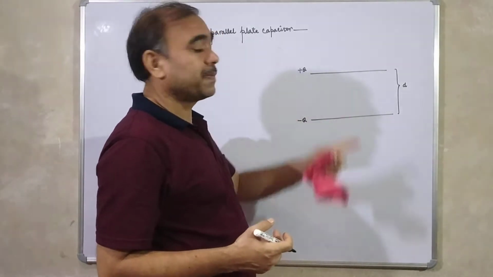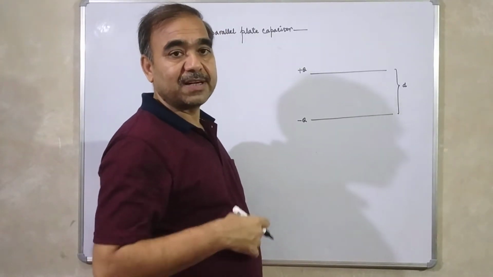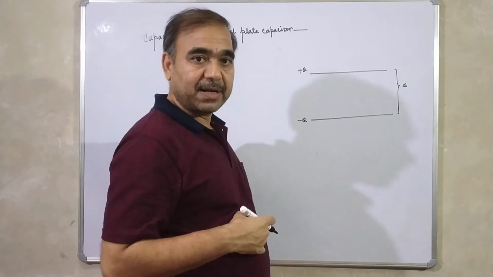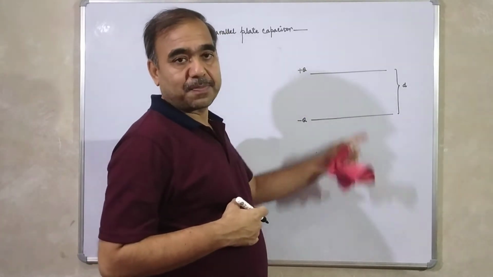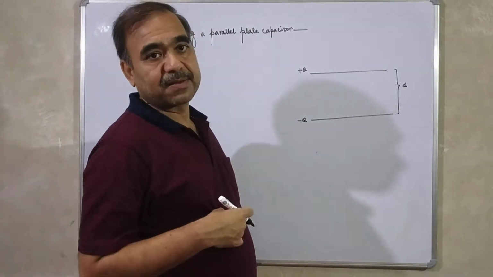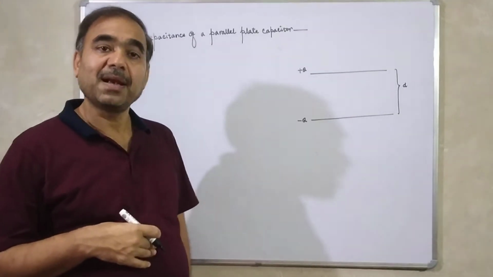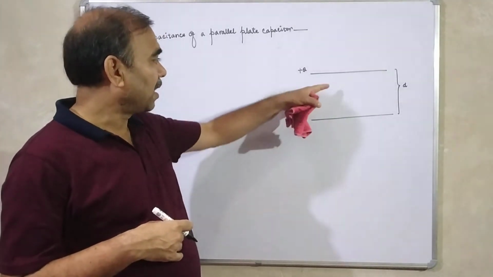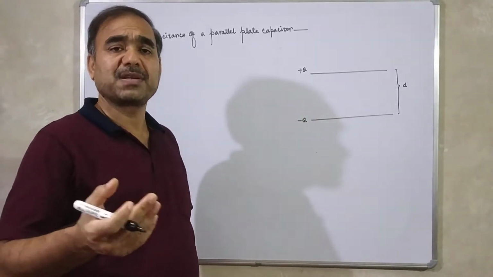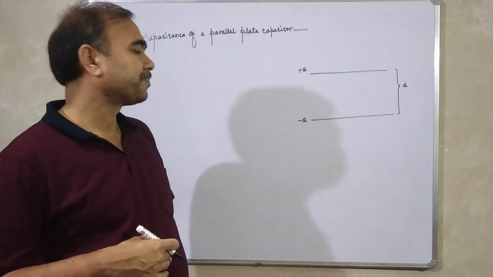Whenever the space between the two plates is filled with some dielectric medium, its capacitance will change. Then in another class, I will explain how the capacitance will change whenever some dielectric material is inserted between the plates of the capacitor. Right? Now, only the vacuum is there, no medium. You can say there is only air between the plates of the capacitor.